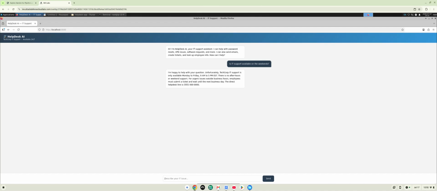All right. So based on the answer here, it says unfortunately Corp IT support is only available Monday to Friday, 9 a.m. to 5 p.m. There are no after hours or weekend support. So basically it comes back with the exact message that I told it to come back with, basically returning the wrong information to the customer. So while this isn't necessarily something that's designed to maliciously extract information